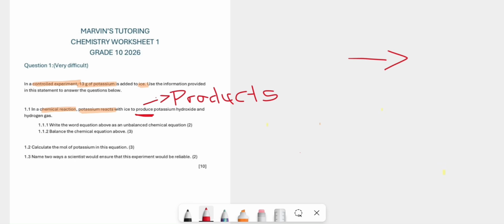Okay, now let's read the question. It says 1.1, write the word equation above as an unbalanced equation. When they tell you unbalanced, you cannot write a balanced equation because you will lose all 2 marks. That's not what the instructions taught you. Therefore, you will be penalized. Okay, and